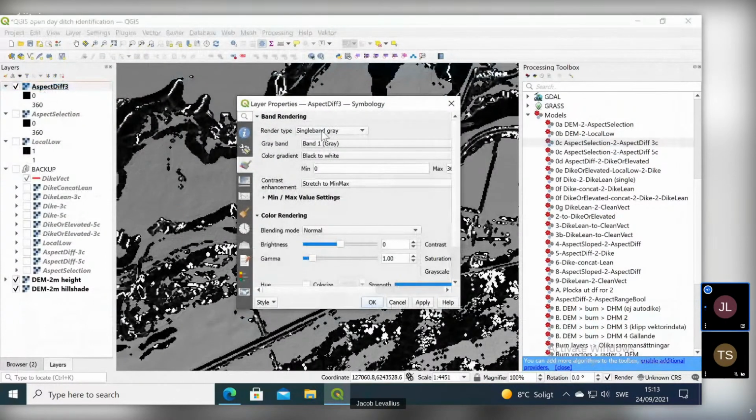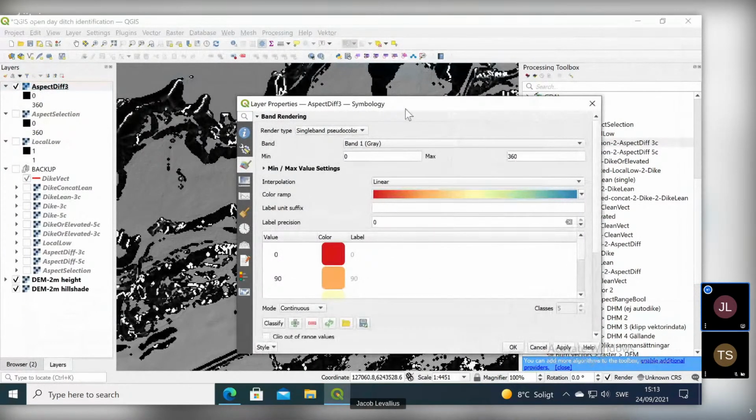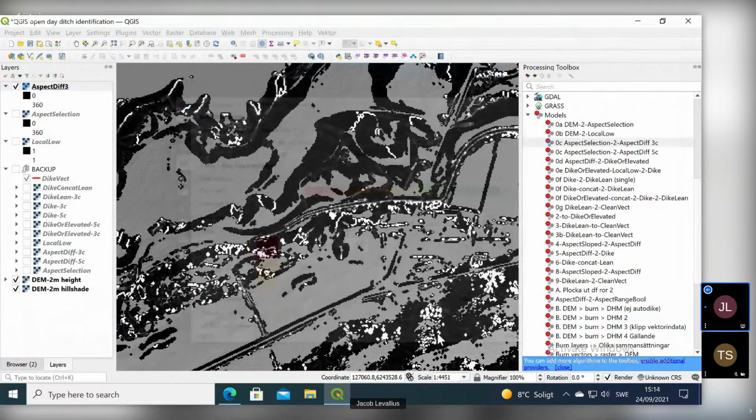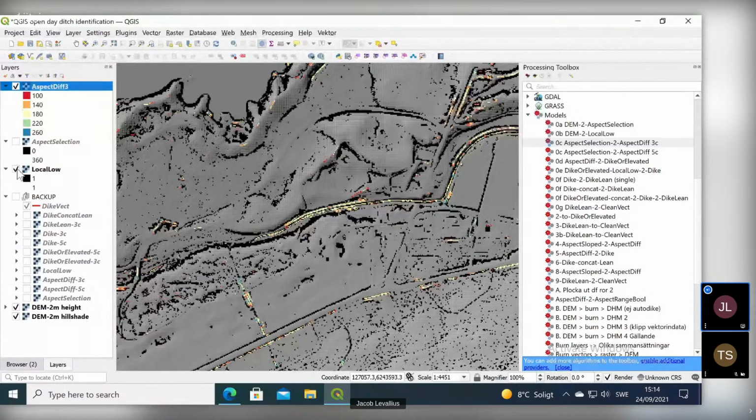So we can try to visualize this layer, and look at the values closest to 180. We're going to go from 100 to, let's say, 260 for now, and clip the values outside the range. So just have a visual of the data. And what you can see here is it's picking up the ditches that are in the data. If you compare it to the local low, that includes a lot more of the data of